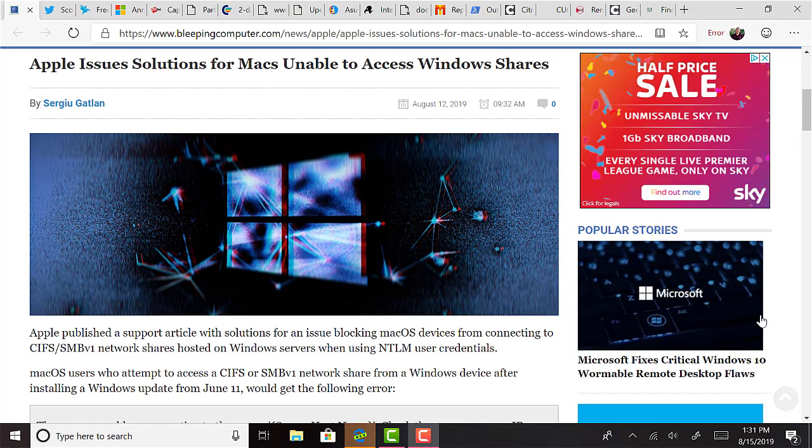Some Mac users have been experiencing issues accessing Windows SMB CIFS shares after installing the June Windows patches. Apple have actually posted an article themselves with some recommended solutions. Those are as follows. Connect to the server using Kerberos authentication, which requires that you use the DNS name of the share instead of its IP address. If your Mac is using macOS Mojave, High Sierra, Sierra, El Capitan, or Yosemite, use SMB2 or SMB3 to connect to the server, such as by going to Go, Connect to Server in the Finder menu bar and then entering